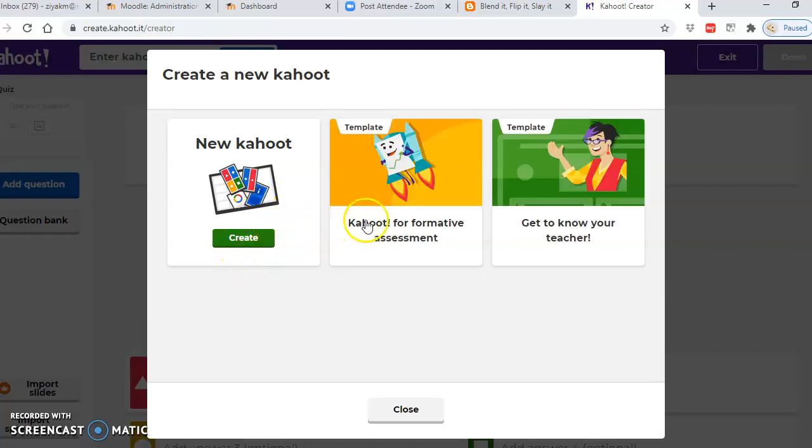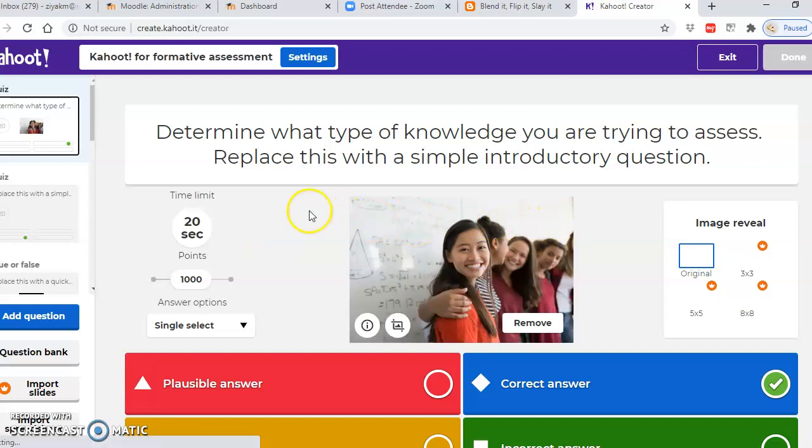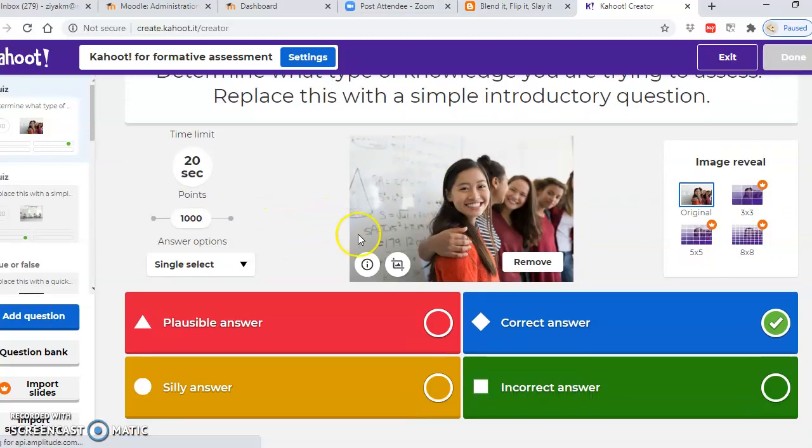Even in Kahoot, if you start an account and search for free or ready-made Kahoots, there are thousands and thousands available for chemistry, biology, physics, maths, English, any subject that you want to teach. These are Kahoots that are created by other teachers and shared with teachers for use in their classes.